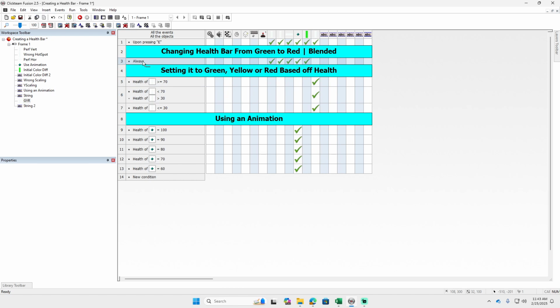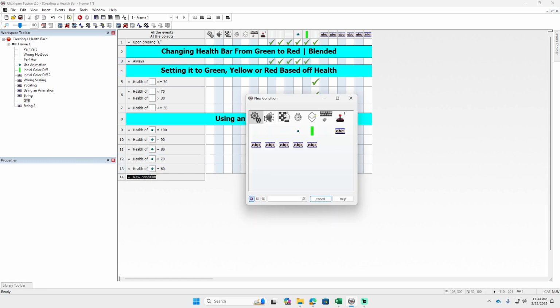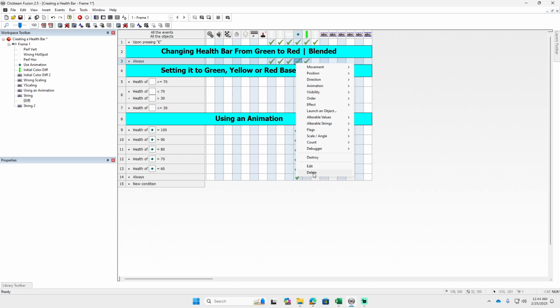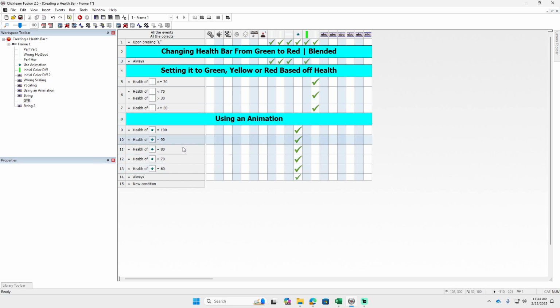Now, I have it as always here, set those colors for the rest of them. So set that color, set that color, set that color, set that color. The only one that's different is this one. I really should have put always down here, and I should have taken this and moved it down here and turned this off, because this one is using the animation sequence, whereas this one is mainly changing it from green